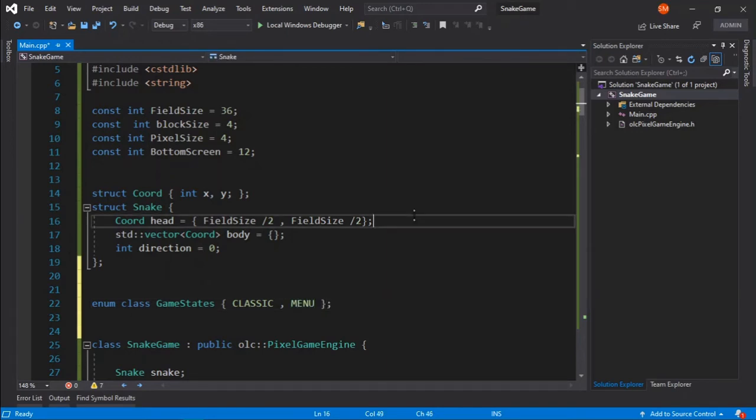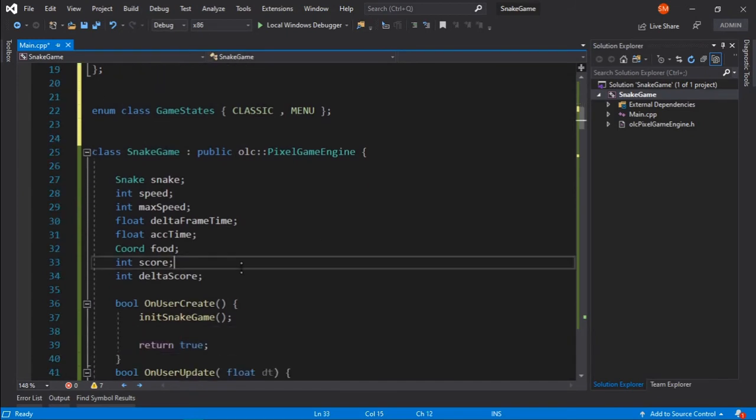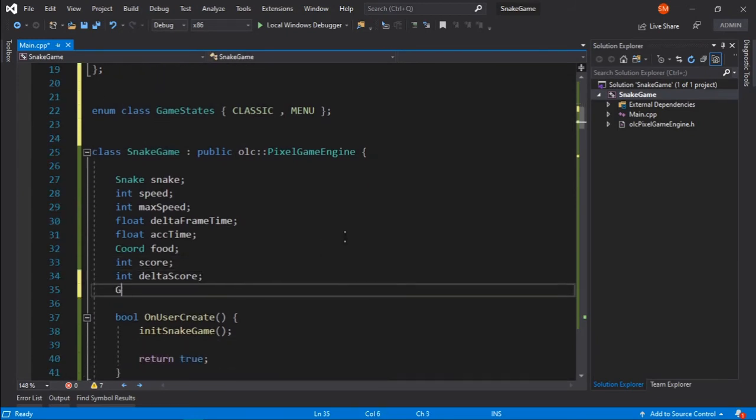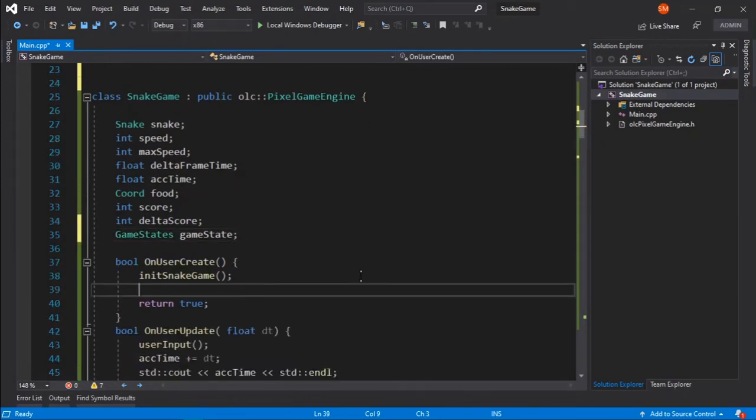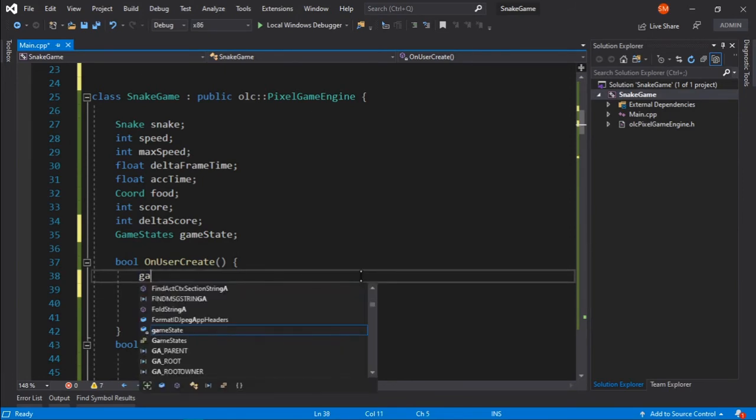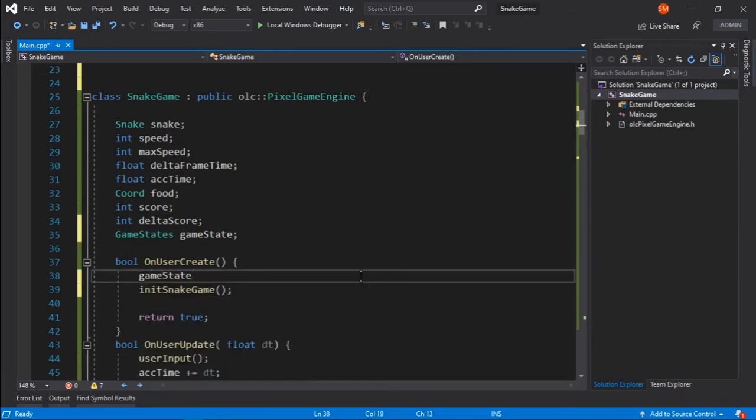Okay, so we have a game state called game state, and by default the game state is set to be game states menu. For now let's say it's classic,